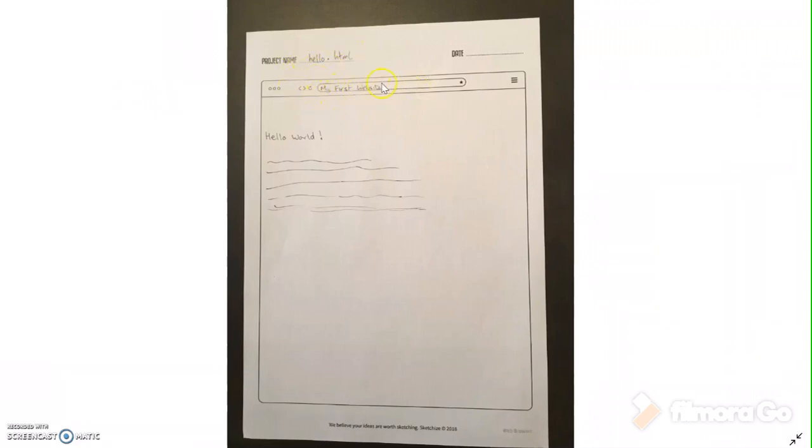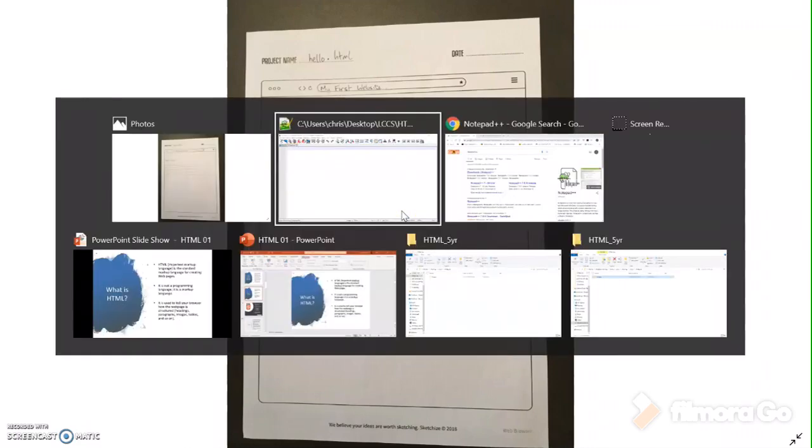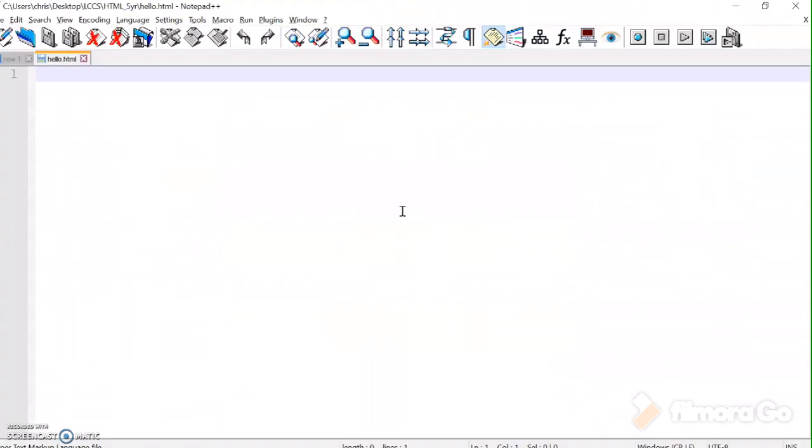I want the heading at the top of the page, you know, the tab that you see in your browser, in your Safari or whatever, to say My First Website. I'm going to have a heading, Hello World, and underneath that I'm going to have some writing, a bit of a paragraph. So not a fancy website, but it's good for a first run through. So I've done my design, and I'm going to go back to Notepad++, and I'm going to put in my text that I really want to be in this